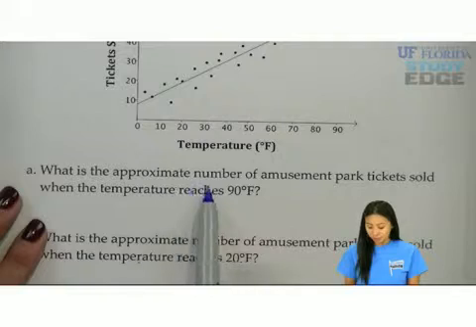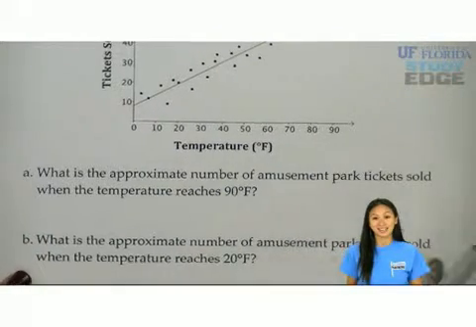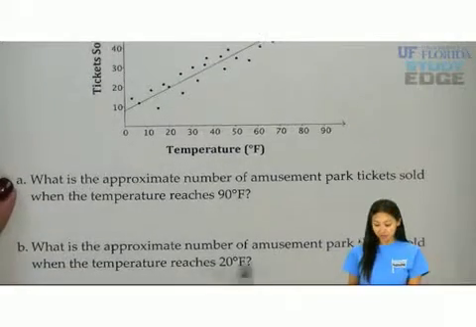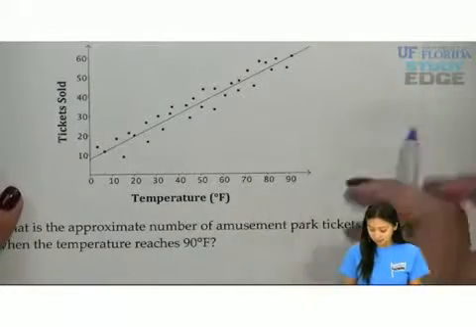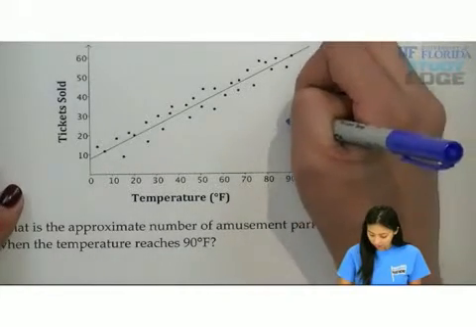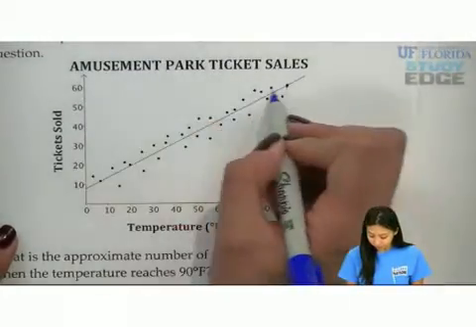A. What is the approximate number of amusement park tickets sold when the temperature reaches 90 degrees? So let's take a look at our graph. It's 90 degrees. I know I'm looking at this x-axis. 90 degrees. Let's look up here. Oh, right here. When it's 90 degrees, it is